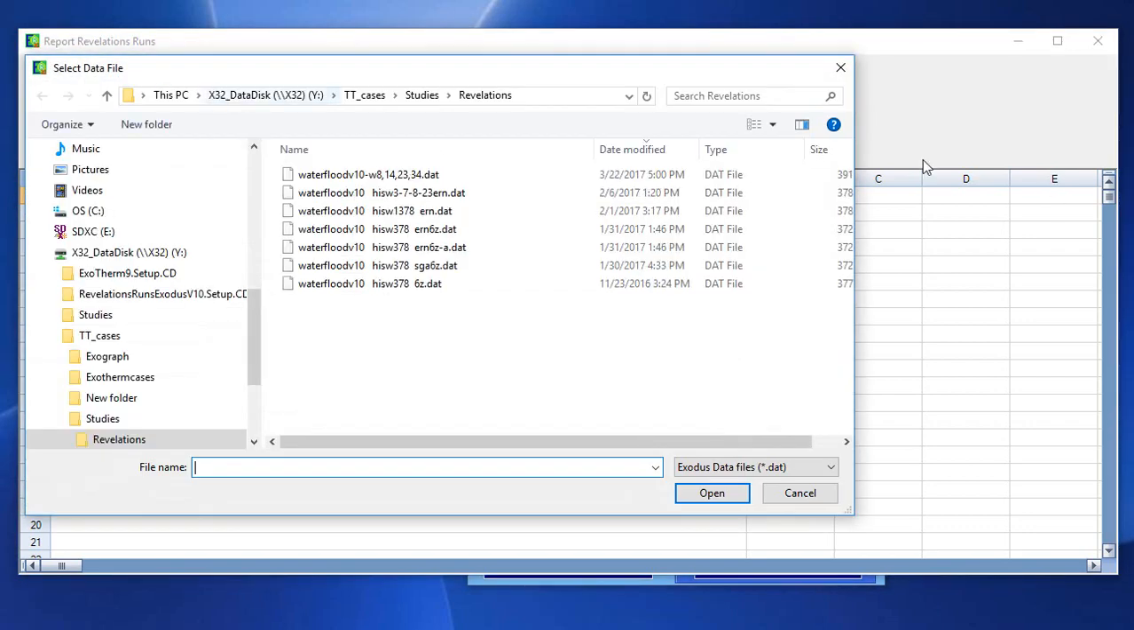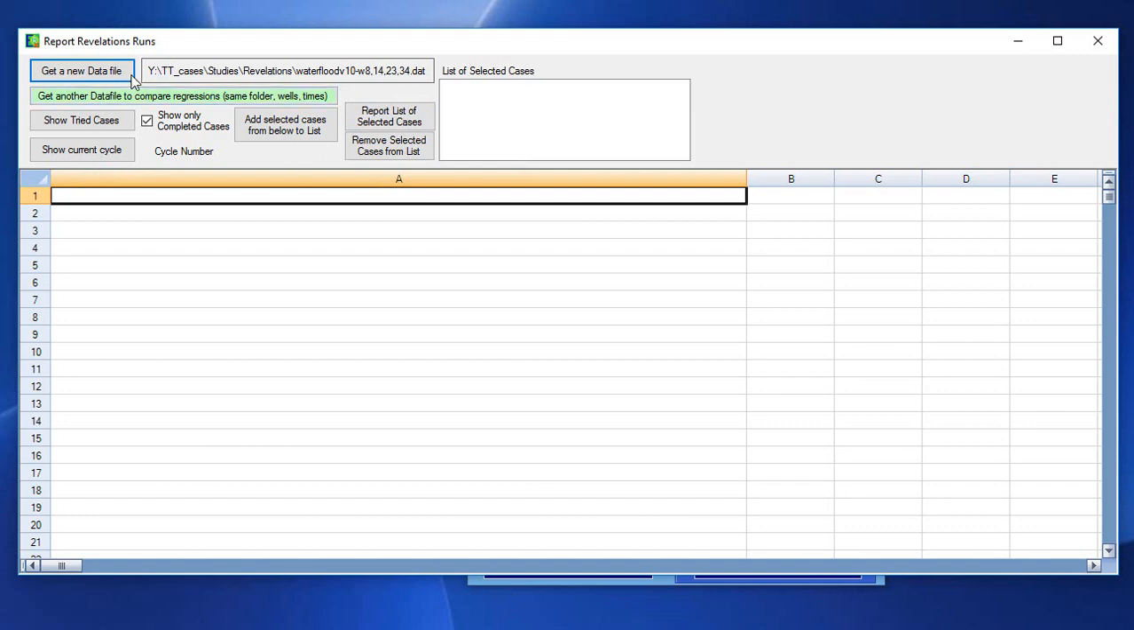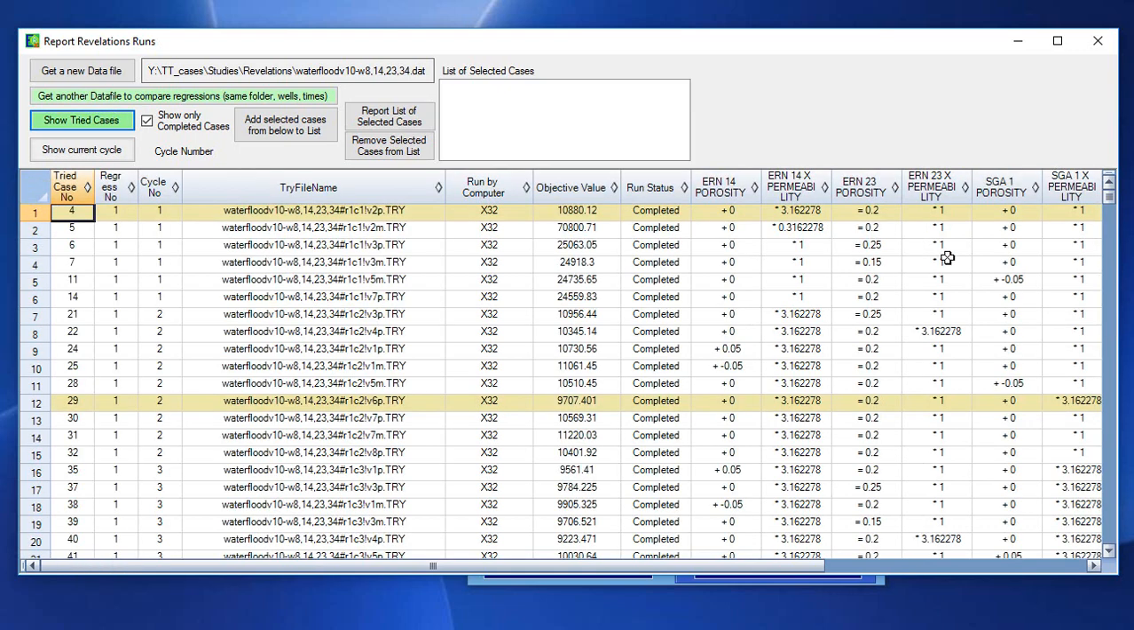So if you get a new data file, in this case I'm going to go back to my network run folder and pick up the data file I've been working with, this 4-well case. Open the file, and it shows that I'm now trying to look at the cases run for this base data file. If I were to show the tried cases for this base data file, it's going to read through and tell me what cases have run for the base data file, and it shows me the tried cases, which case number,